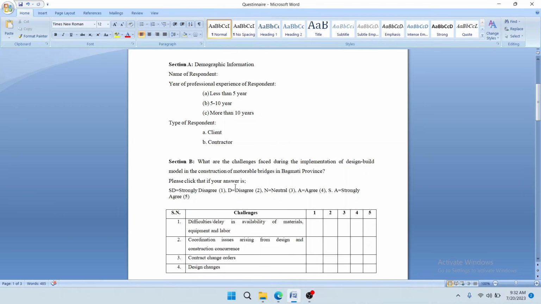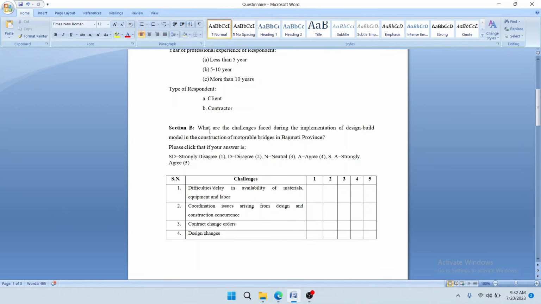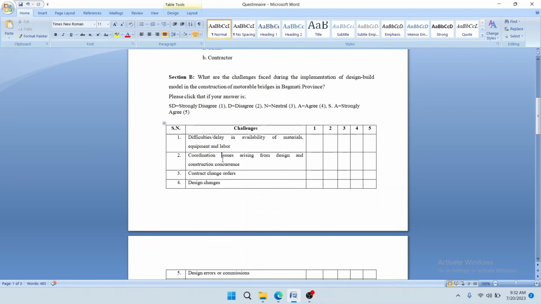And after writing this question you have to mention this, that is strongly disagree means 1, disagree means 2, neutral means 3, agree means 4, strongly agree means 5. Then you have to create the table in this way from the table option. So in the first column you have to write the serial number, in the second you have to